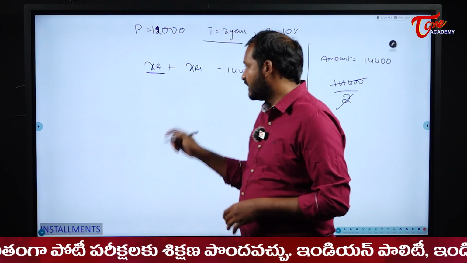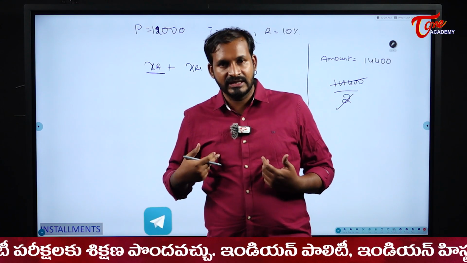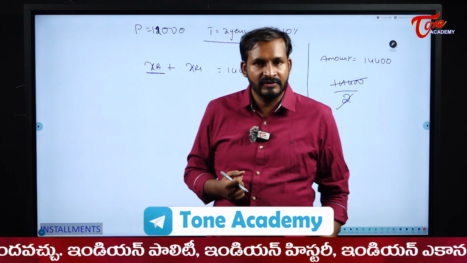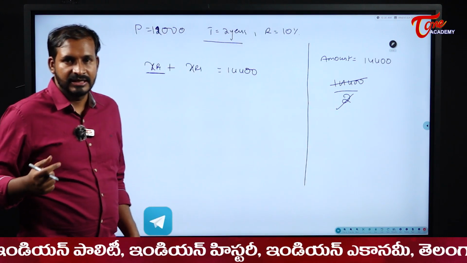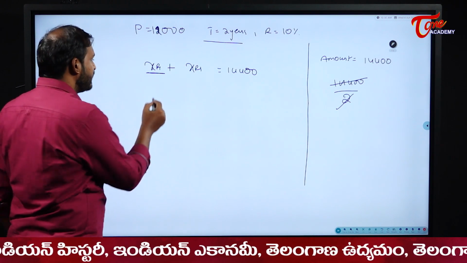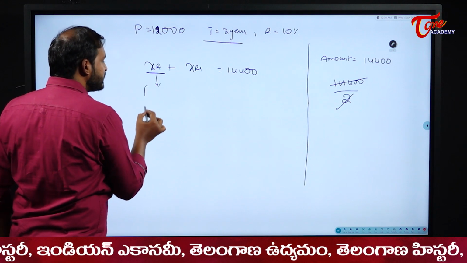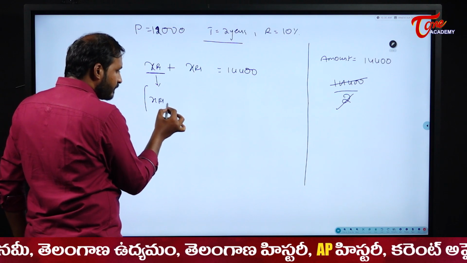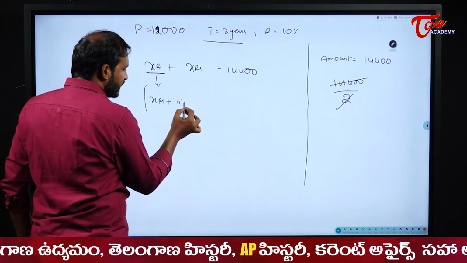So after 1 year, when he returns it to me, definitely he returns it with interest, right? So when you are paying this X rupees for the first year, after 1 year, what you are paying to the bank means X rupees plus interest on X